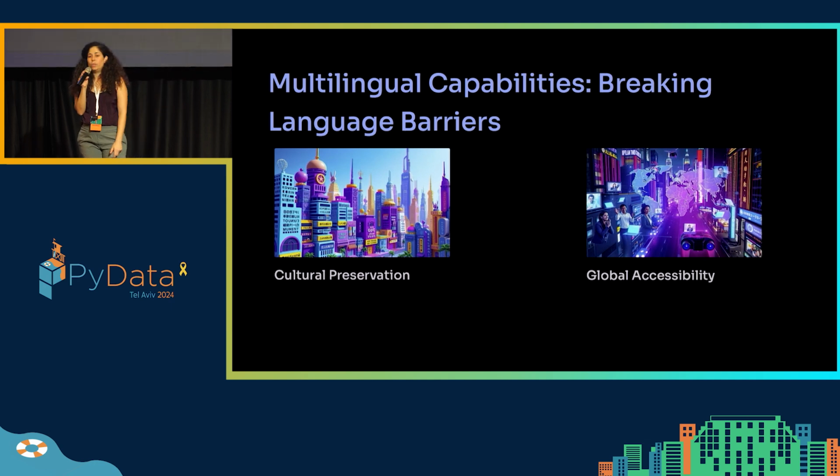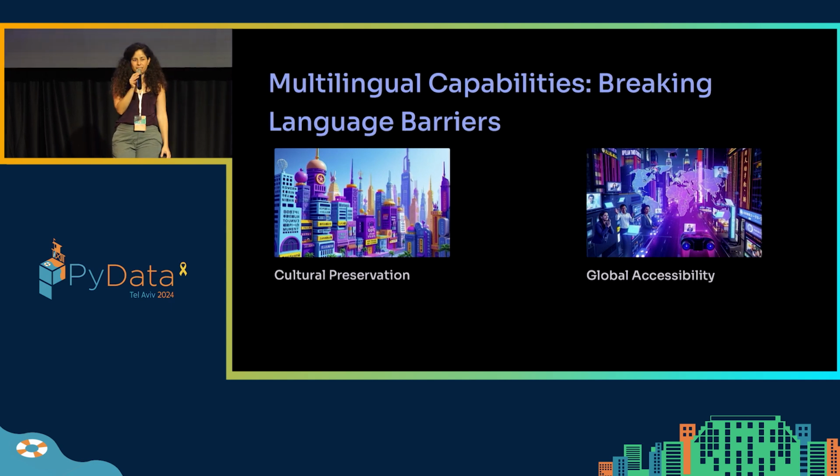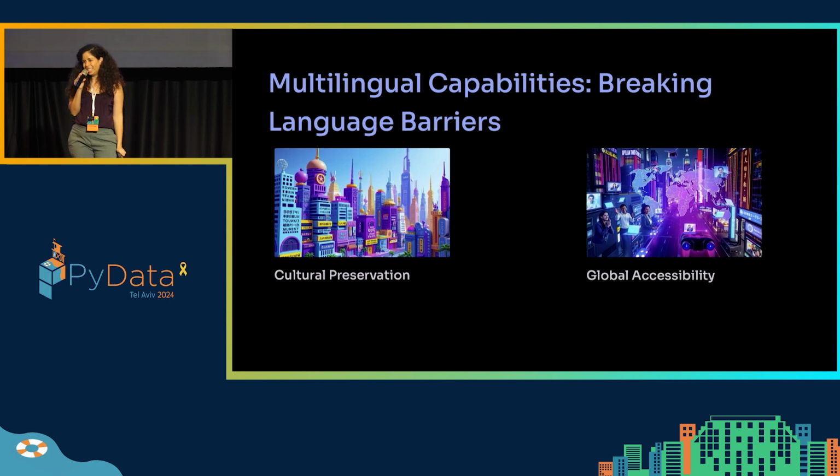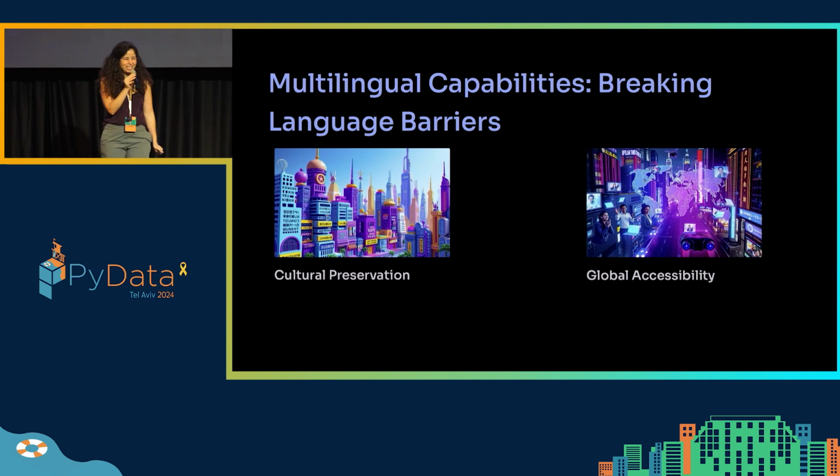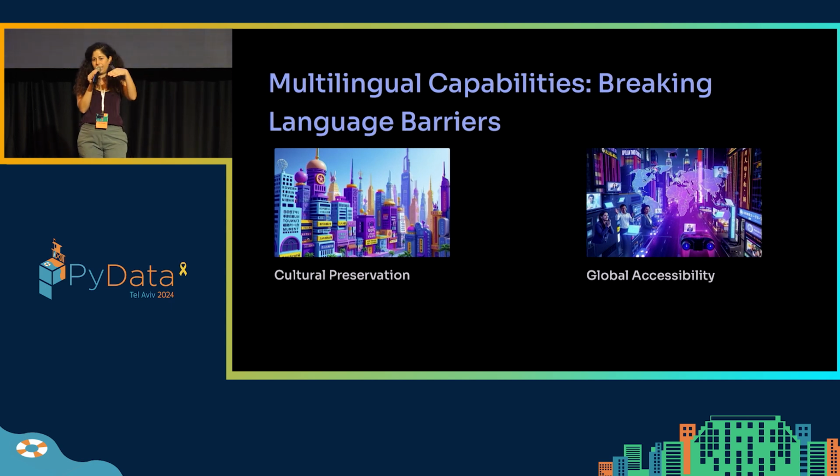A few years ago, it was unheard of. Do you remember when ChatGPT first came out and you tried to communicate with it in Hebrew? It was awful. Useless. And now, sometimes when I want to write a work email, I just draft it in Hebrew and say, rewrite this as a work email in English, and the first result is, wow.